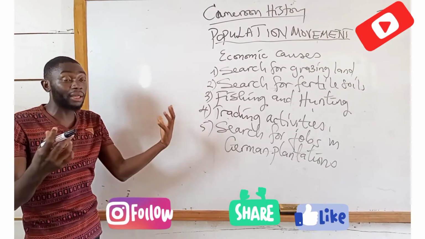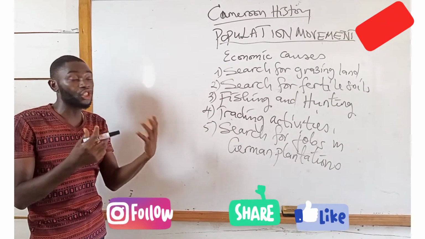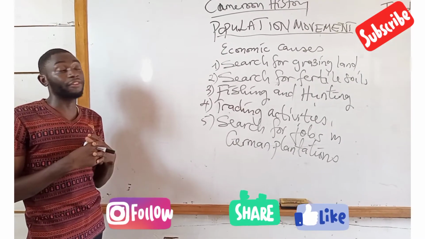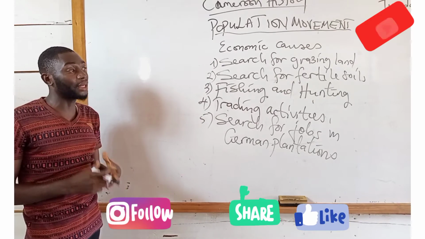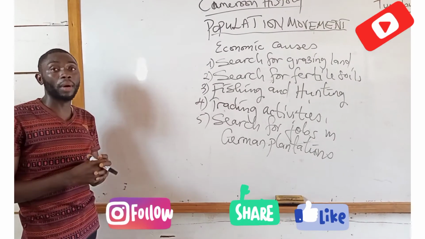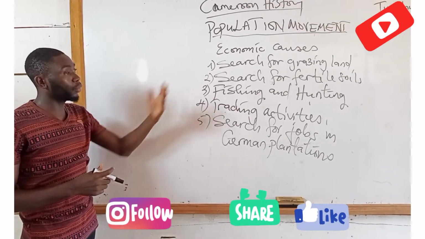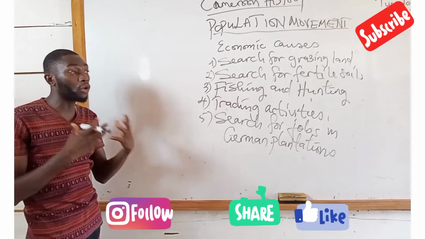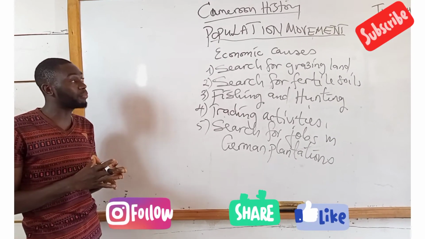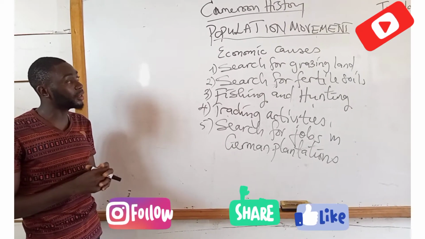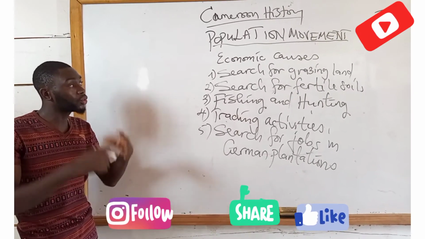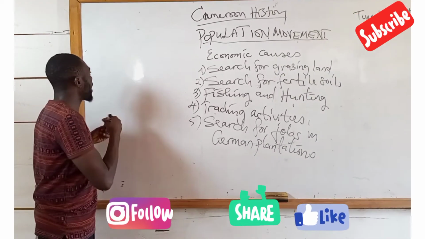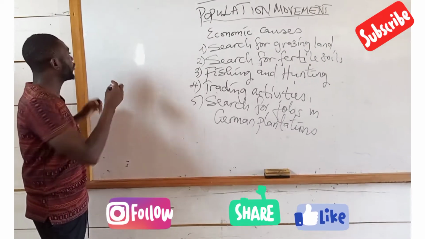Since the people in the 19th century lacked mechanization, they only depended on nature for their lands to regain fertility. And because of that, the people were bound to migrate from one area to another. We talk about examples, as last time we said under this topic we must be able to cite our examples. We talk about tribes that migrated in 19th century Cameroon to search for grazing land. We talk about the case of the Fulanese,